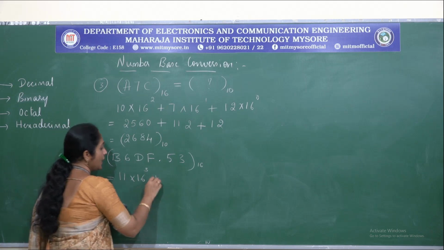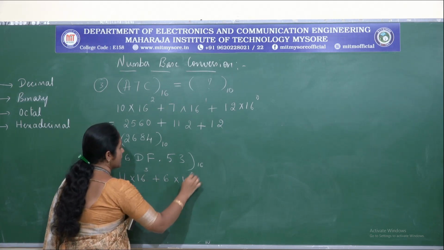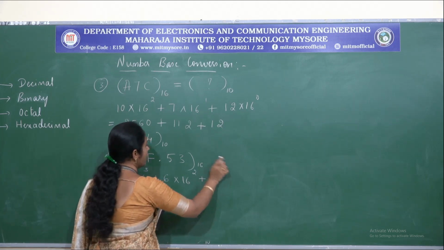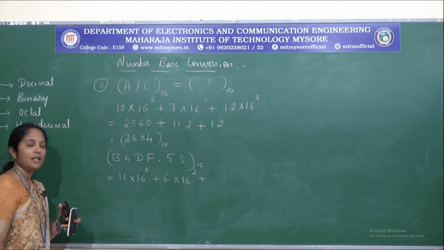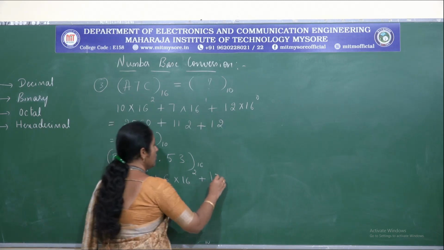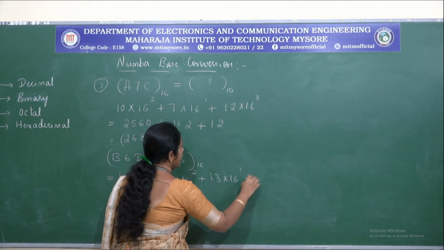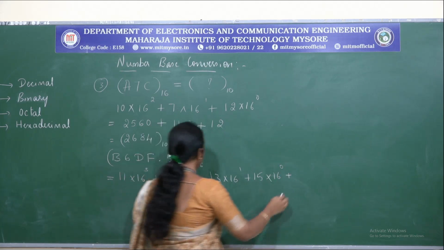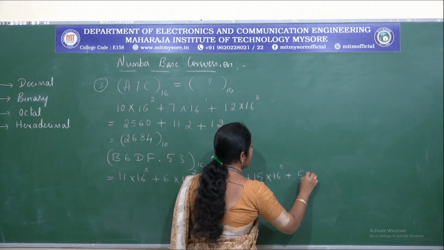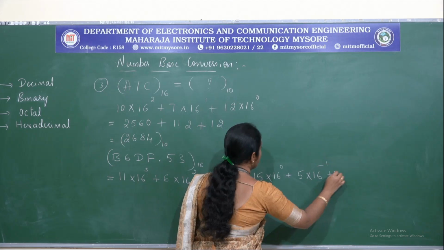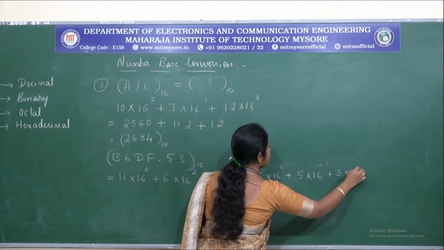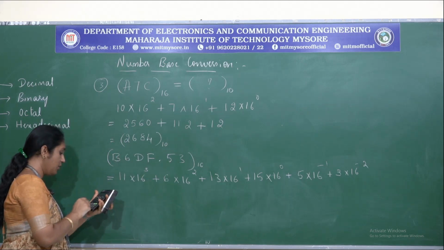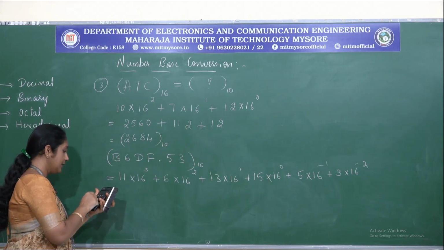16 power 3 plus 6 into 16 square plus D into, sorry, D is nothing but 13. So 13 into 16 power 1 plus 15 into 16 power 0 plus next we have 5 into 16 power minus 1 plus 3 into 16 power minus 2. So now let us find out 11 into 16 power 3